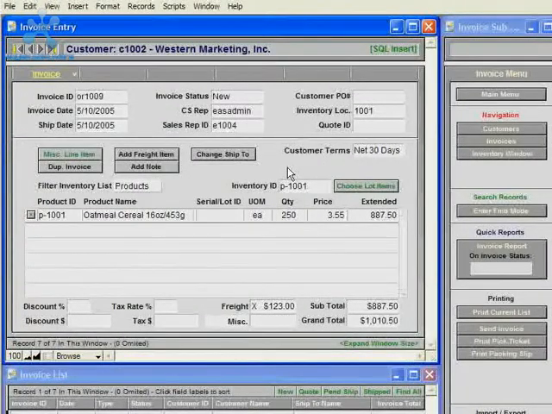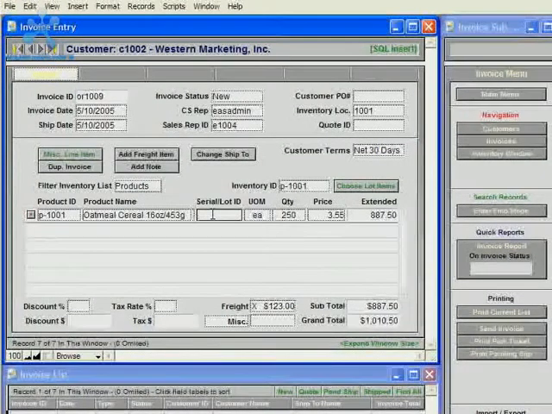So when using lot tracking to sell your products and have inventory control by lot tracking, the way you'd create a line item is you would not choose the miscellaneous line item. What you would do is you would choose the choose lot items. So what I'll do for now is I'll